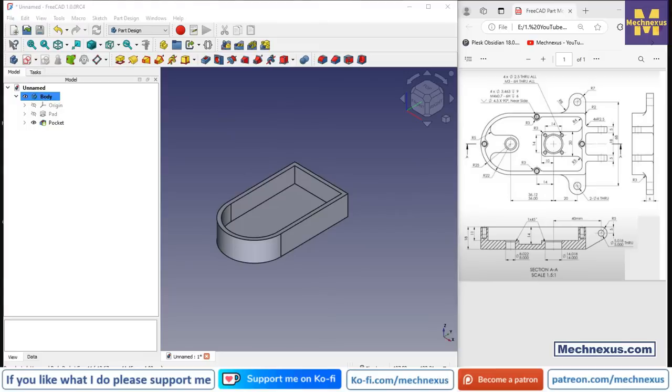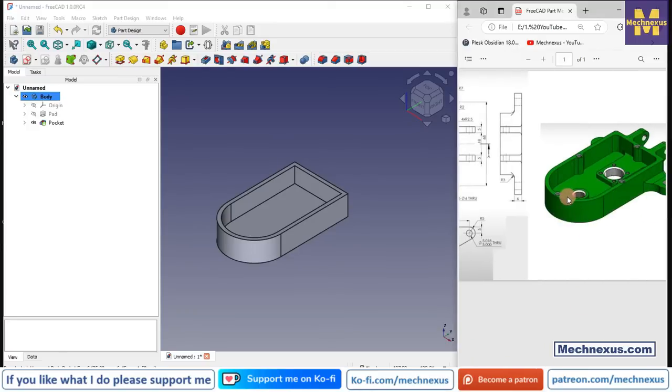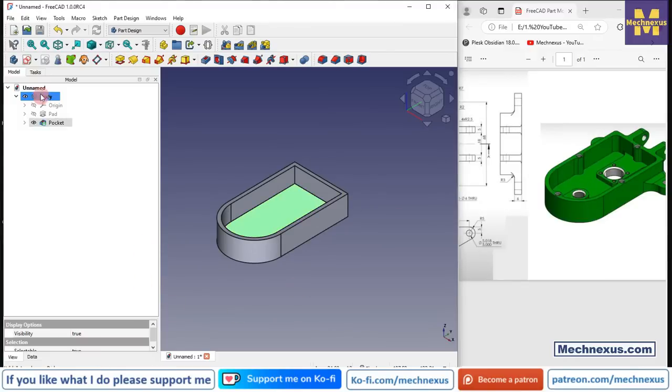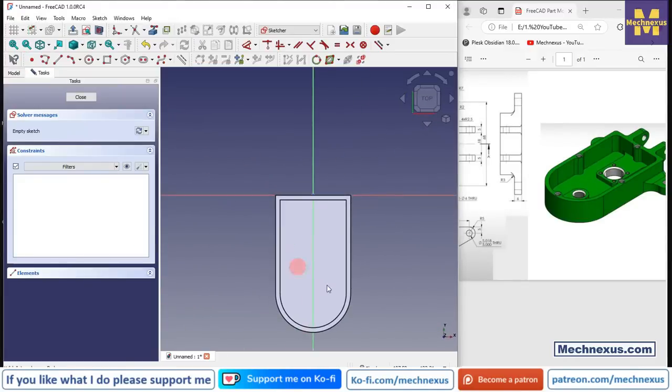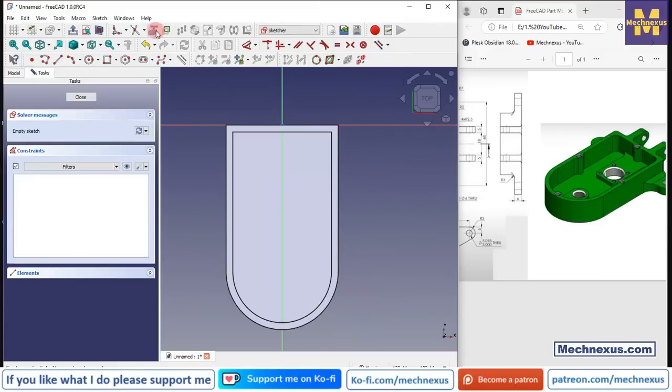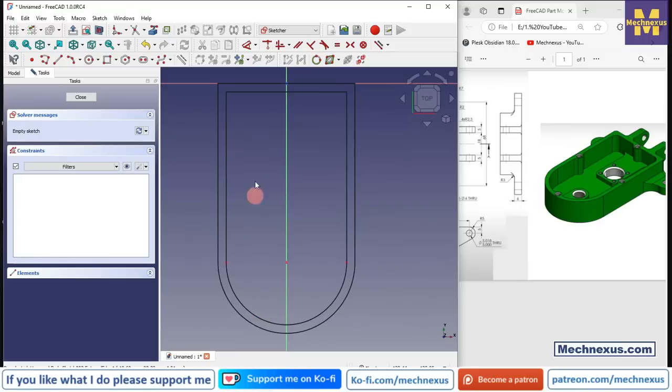Now let's move to the next feature. The next feature is to create this boss here, and if we go to the drawing, we can see the boss in the isometric view. So we will select the face and click on the sketch, and the first thing is to project this inner arc and switch the model to wireframe, and now